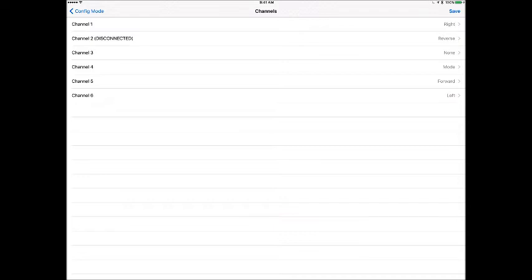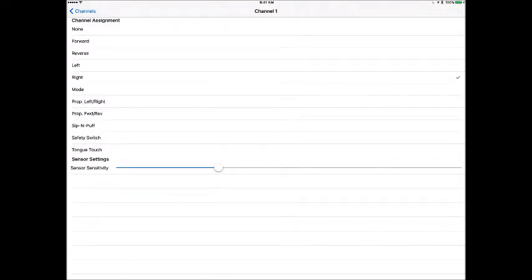Sorry. And channel 4 is programmed for mode, and it does have the mode switch plugged into it. Channel 5 is plugged in, and it's for the forward command. And channel 6 is for the left command. So you can see all these channels here just highlighted. But if I click on one of them, which we're going to click on channel 1, which is right, it'll show the check mark